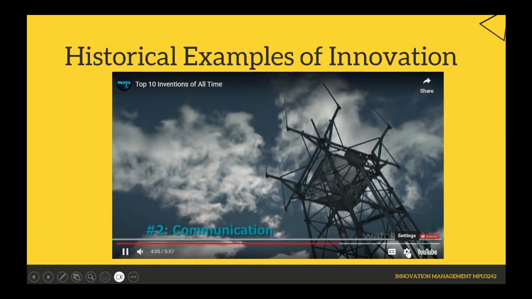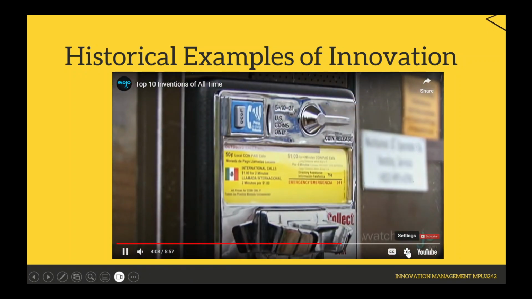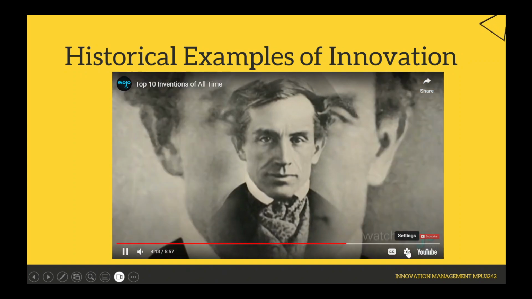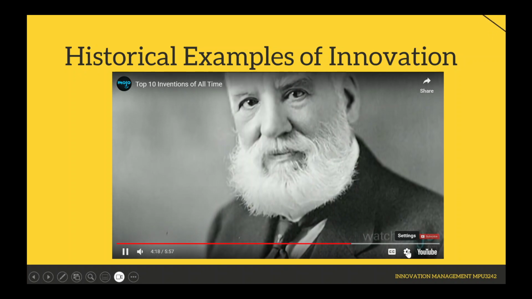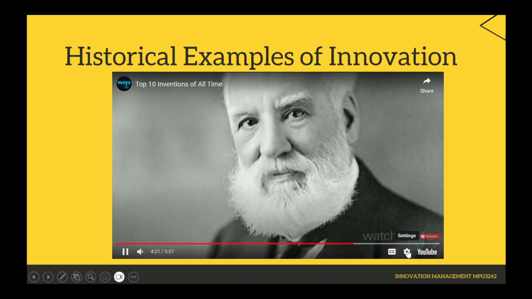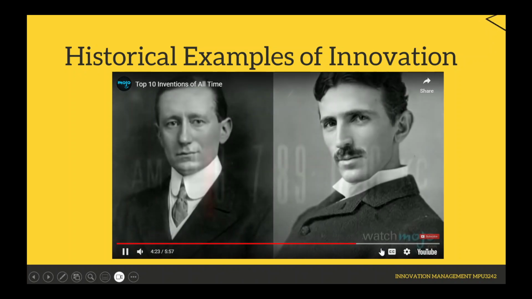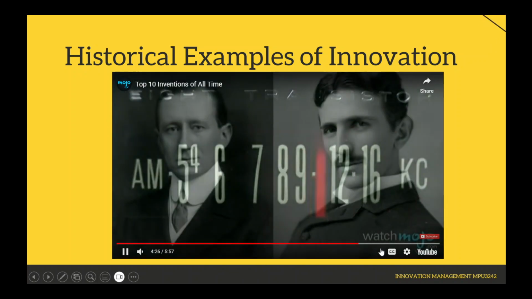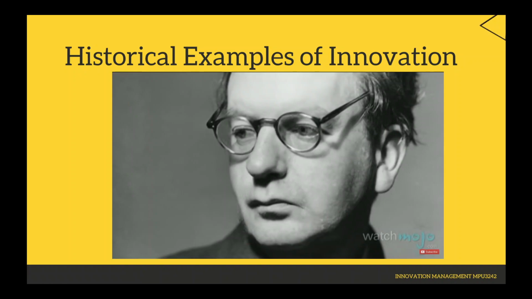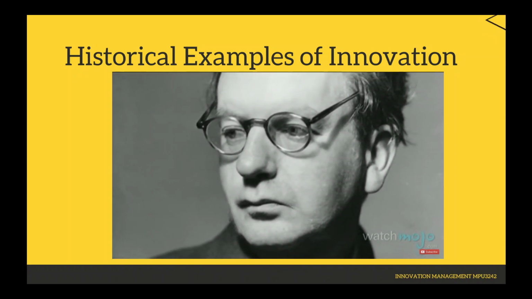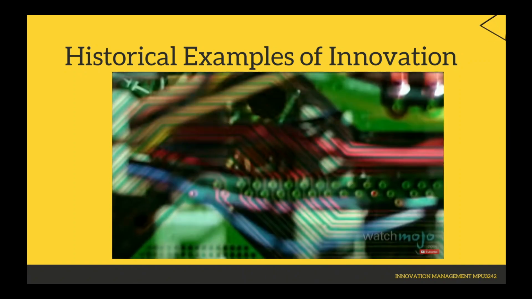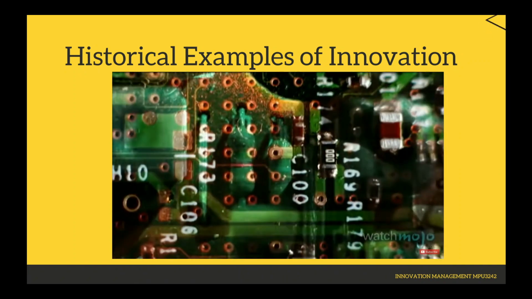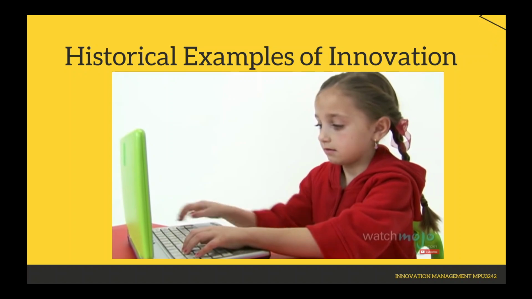Number 2. Communications. Several inventions changed global communications forever. Samuel Morse brought us the electric telegraph in 1836. Alexander Graham Bell's telephone was the first to be awarded a patent to transmit voices in 1876. Guglielmo Marconi and Nikola Tesla developed radio in the late 19th century. Moving pictures first came across John Logie Baird's television in 1925. Konrad Zuse developed the first computer in the early 40s, and Tim Berners-Lee proposed the World Wide Web in the late 80s, and they all made the world a little bit smaller.